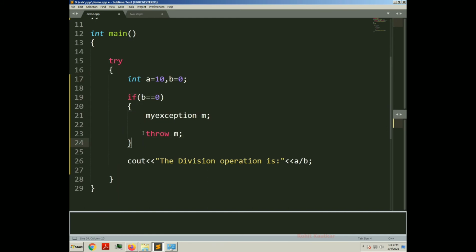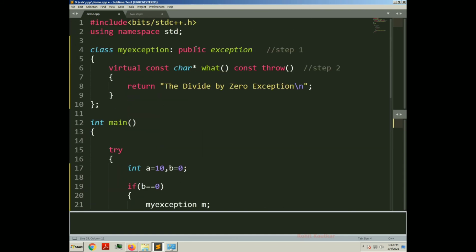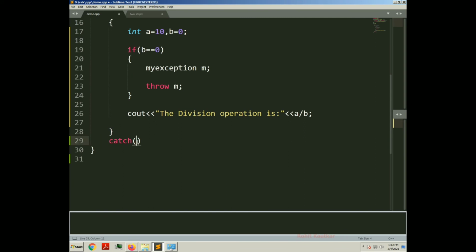As soon as this exception is raised, the control will come outside of the try block and start searching for the appropriate catch block. So here I will write the catch block for this try. Now this catch block will be of type exception, and it will be able to catch the thrown exception of type my exception, because my exception class is derived from the exception class. So here I will write my exception, and one object I will pass, let's say e,